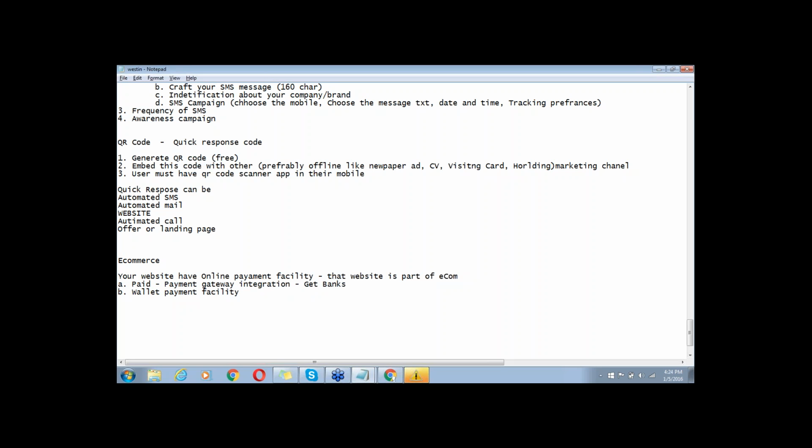Once they verify, you have to initiate the process, and the processing fee starts from anything between 15,000 to 25,000 or 30,000. They will collect all the business documents from you, your business registration and VAT number or TIN number, all the details they will ask from you. You will furnish all those details.